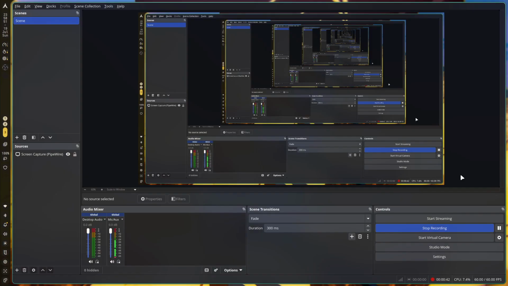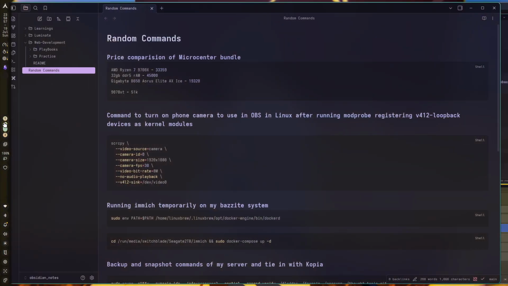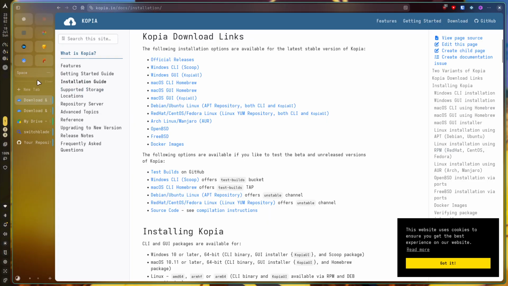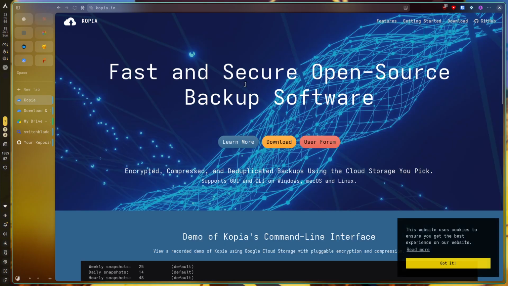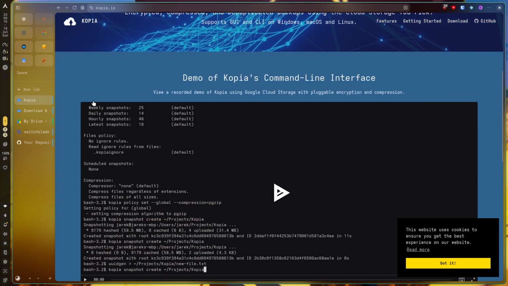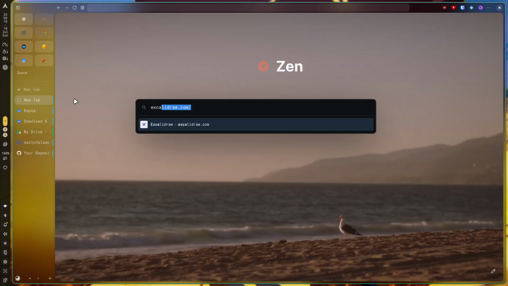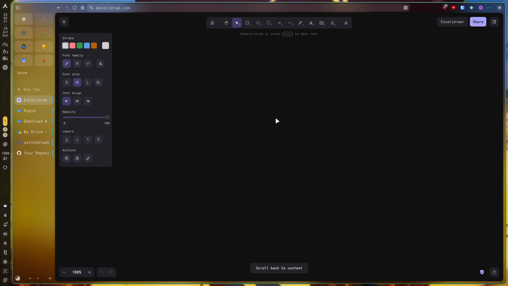Okay, so we are going to be looking at backup solutions today. What we'll be looking at today is something called Kopia. This is open source, and Kopia is mostly known for snapshots. So what do you mean by snapshots? What I mean when I say a snapshot is